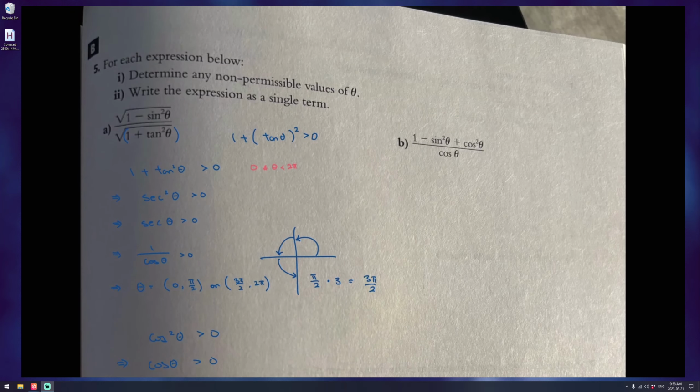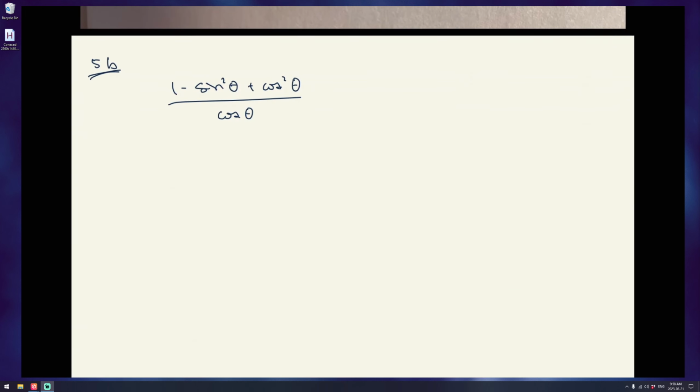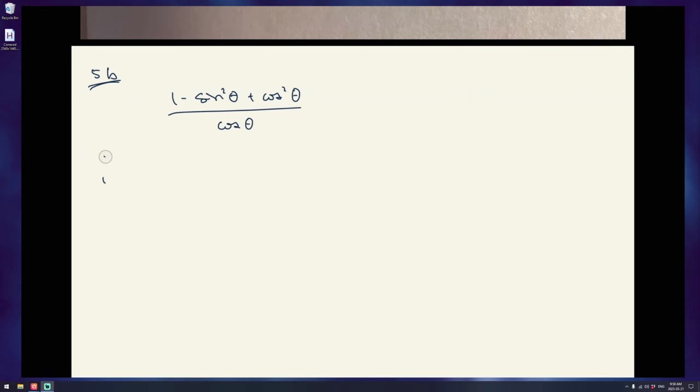Okay. So again, reminder of the instructions. We have to find the non-permissible values of theta and try to simplify the thing. Basically, that's what double I is asking for. Okay. So for 5b, here it is. And what I'm going to start with is, okay, so for part I,